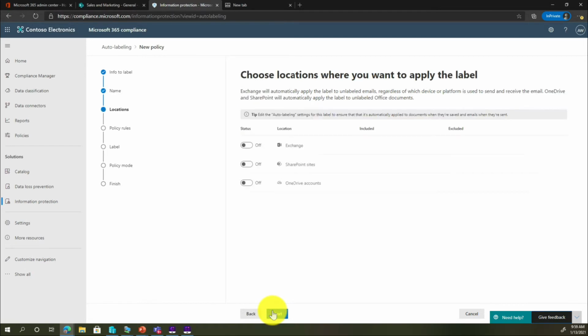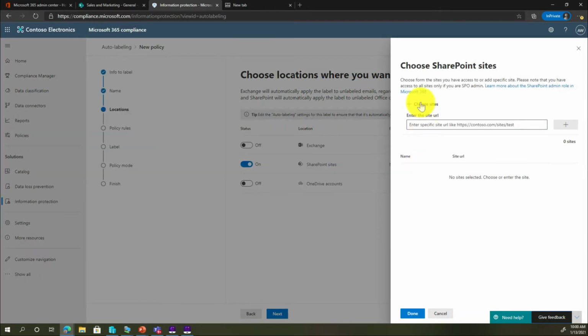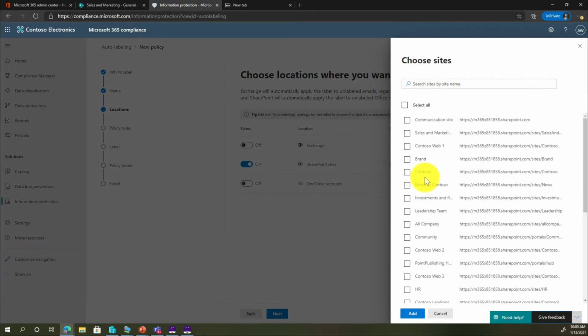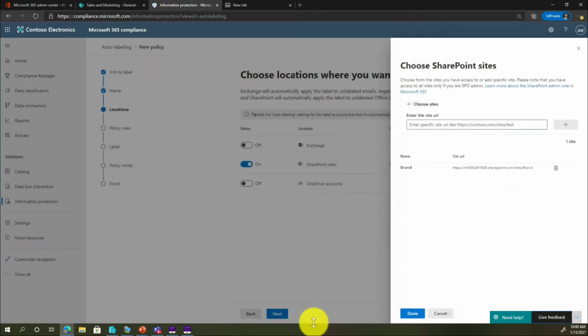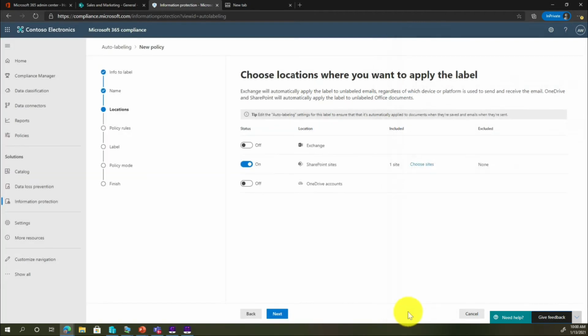You can modify it. And here you can choose SharePoint sites. You can choose Exchange. You can choose just one user, multiple users, all users. You can choose different kinds of OneDrive accounts. For this example, let's look at SharePoint sites. Here you can choose your site if you don't know the actual label, and you can choose any site, or you can choose one of these sites, hit add, and that's pretty much it. You can choose any of those sites, all the sites, and then you can just keep proceeding. Or you can choose all the sites and then exclude a couple.